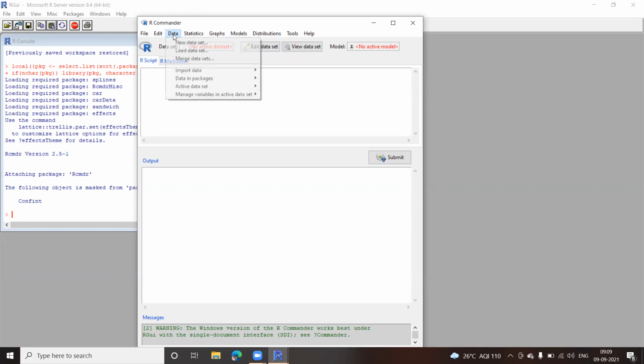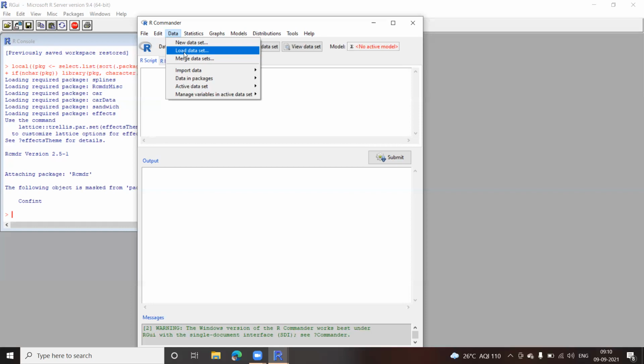To open this file, let us click on this data option here. We can also create a new data set directly from here, and you can also use load data set if the data set is already created. Let us say today I'm creating some data set and I require it tomorrow, the next day. You need not open the file. Once you create a data set, it will be stored on your PC and you can make use of that data set.